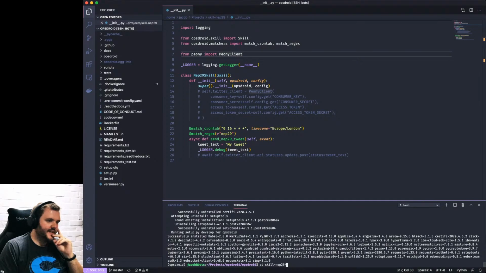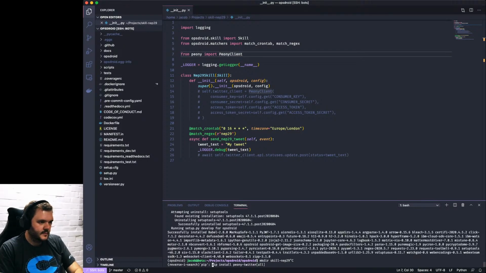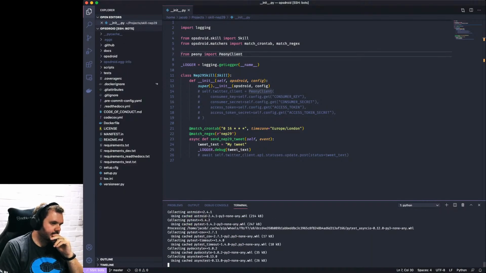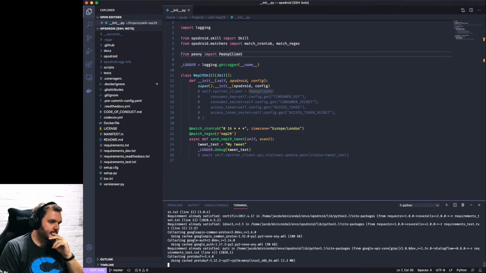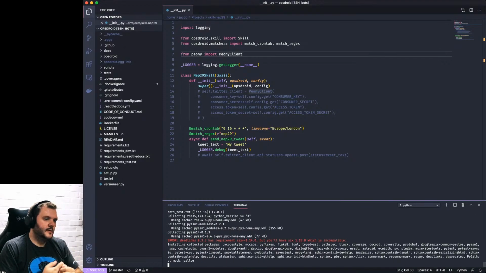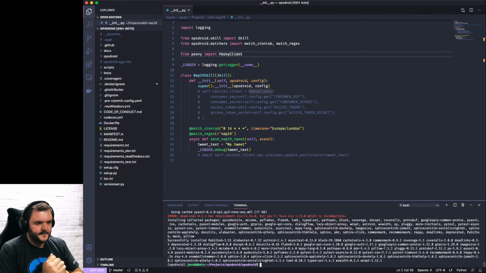And I'm going to install all my dev dependencies as well. We've got a lot of these. I don't think we need all of these anymore. Right.